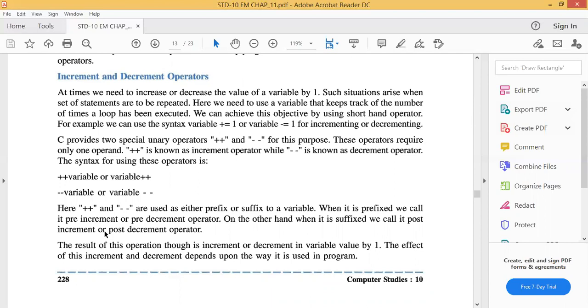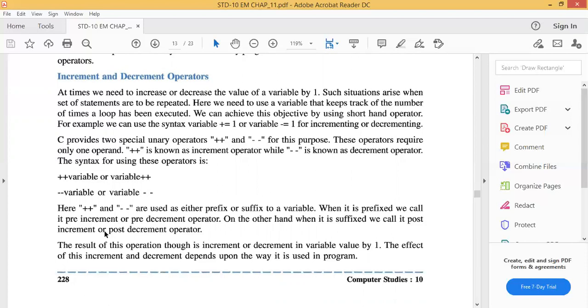C provides two special unary operators, double plus and double minus, for this purpose. These operators require only one operand. Double plus is known as the increment operator, while double minus is known as the decrement operator. Underline this line. The syntax for using this operator is double plus variable or variable plus plus, double minus variable or variable minus minus.